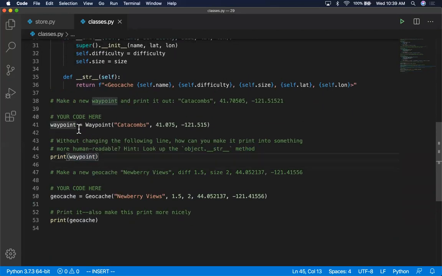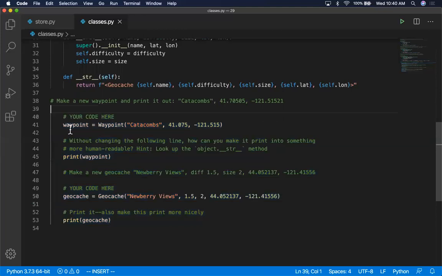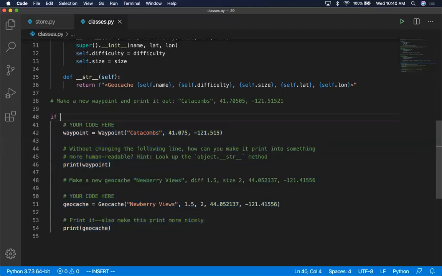So a couple of ways we could fix this. Actually, one other way we could fix this that she touched on was we can throw all of this in a special statement